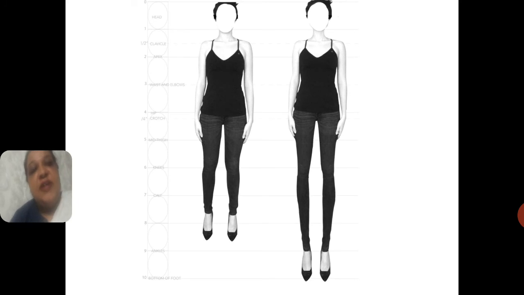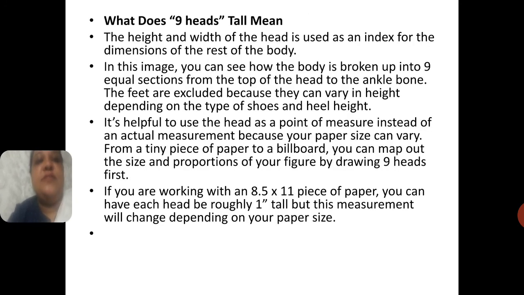This is that standard. 1 head for the head, 2 head for the neck and shoulder, 3 head for the chest part, 4 head for the high waist part, 5th head for the low waist part and the hip part, 6 head for the thigh, 7 head for the knee, 8 head, and the leg ends at 9 head. And the foot is another part, for the footwear or the heels.